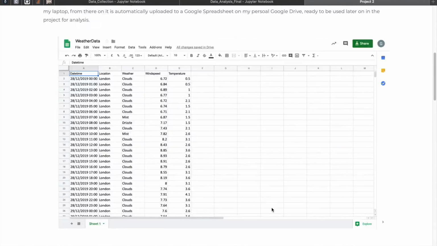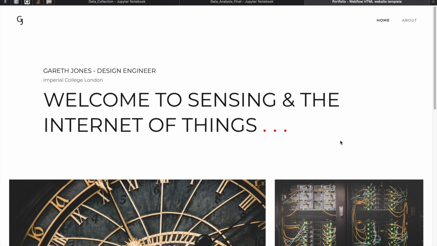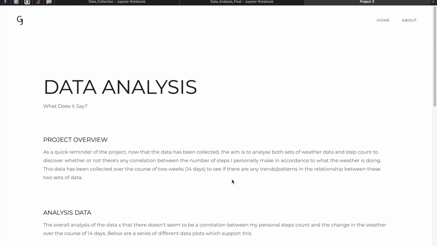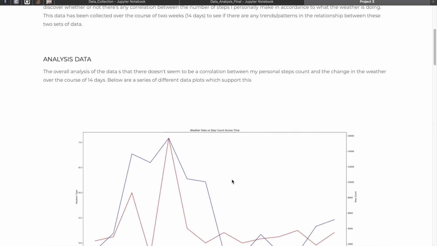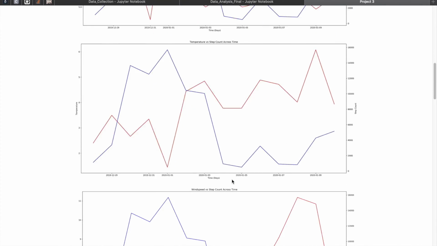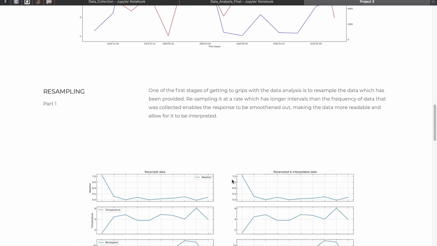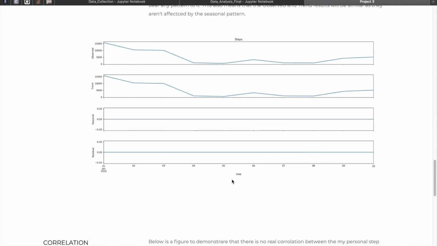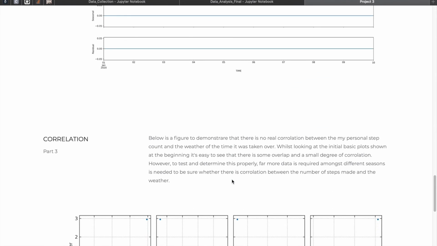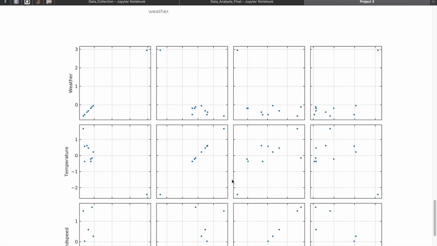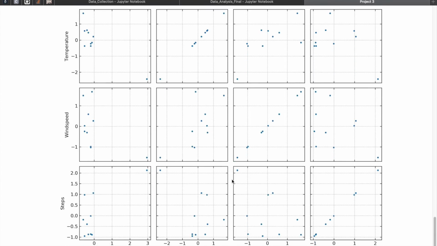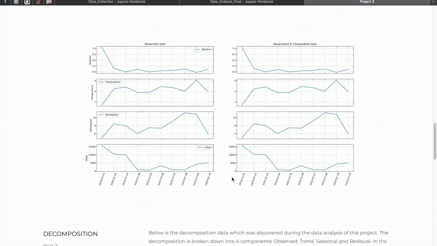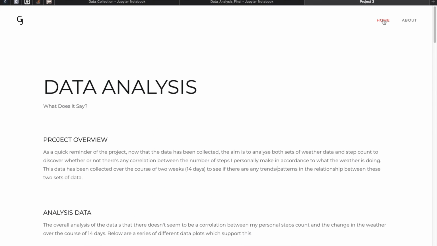And then moving on back to the home page and then back into the data analysis page. And in here, there are a fair few figures and descriptions around what actually does that data look like when we start analyzing it and we start understanding the relationships and the correlations between there. And here we can see that there isn't much of a correlation going on between the data points. There aren't that many data samples as well, which suggests that we need to do a little bit more sampling